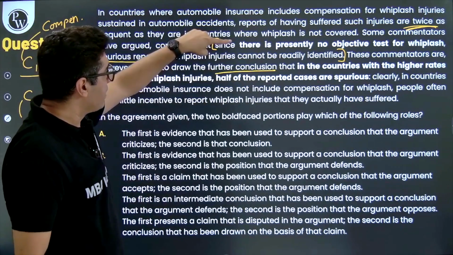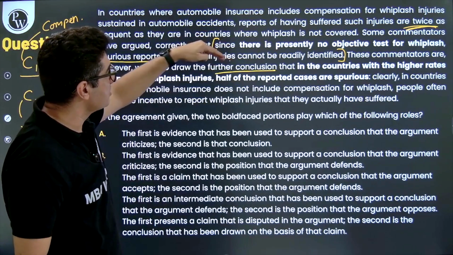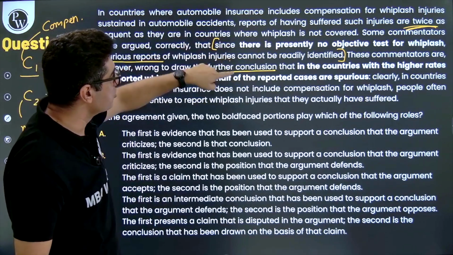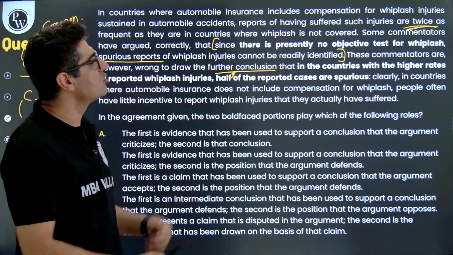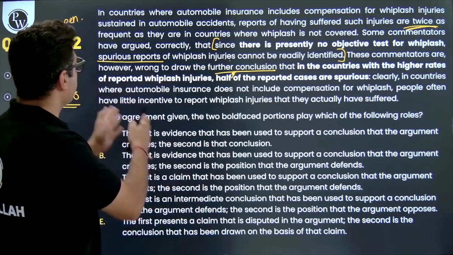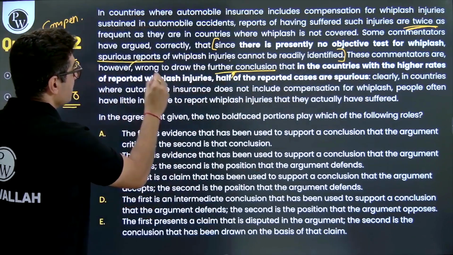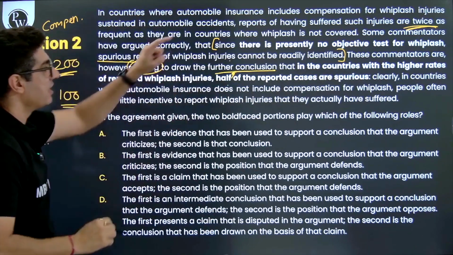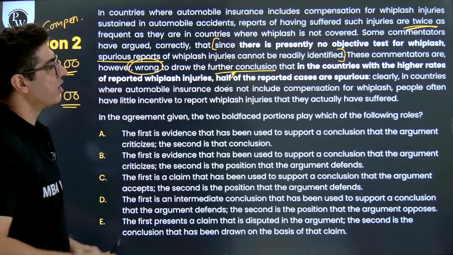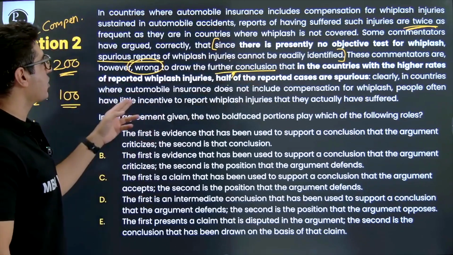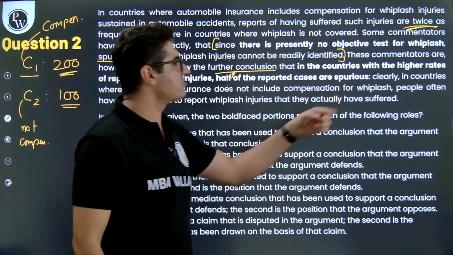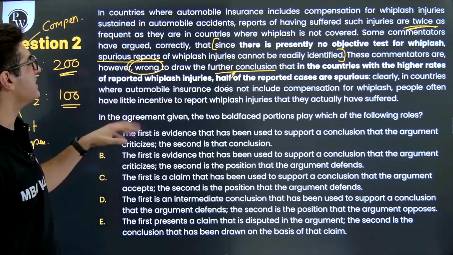So premise, conclusion, and this argument is being used to support this next conclusion, that in the countries with the higher rates of reported whiplash injuries, half of the reported cases are spurious. But the author here says that this conclusion is wrong. If they arrive at it, they are going to be wrong. Why? Clearly, in countries where automobile insurance does not include compensation for whiplash, people often have little incentive to report